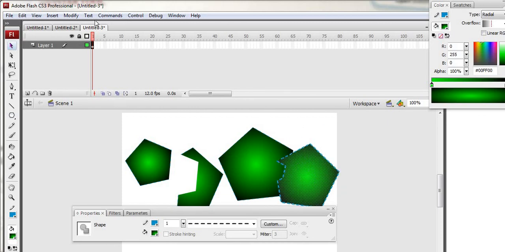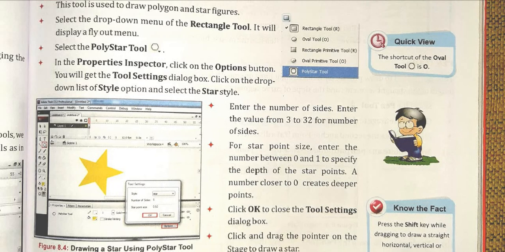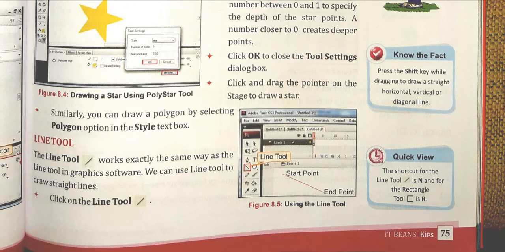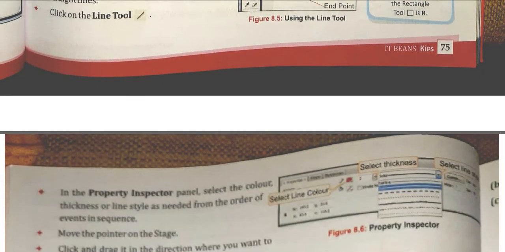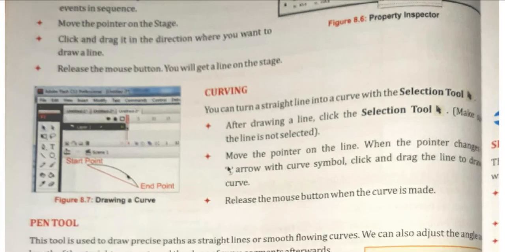Okay, using the selection tool and double click, you can make it move properly, right? So this is the polystar tool, and in the polystar tool we can apply different effects. So this thing we understood, how to use the polystar, right? And we can have different tools, which I will show you. Then line tool also, we can draw lines using it, and the fill, as you have seen, right? So all these things we have seen.